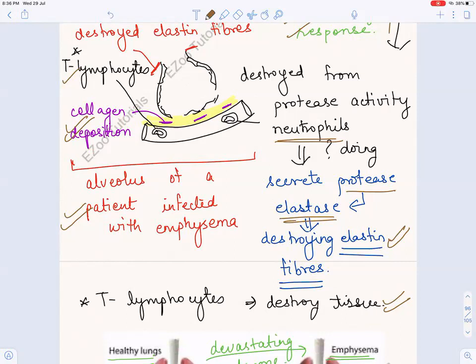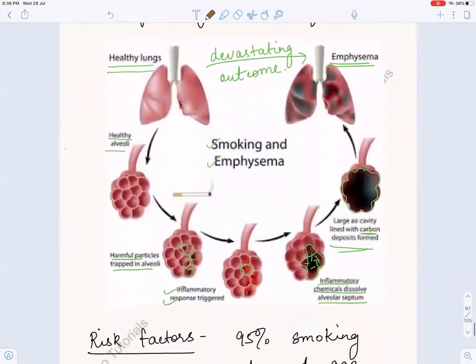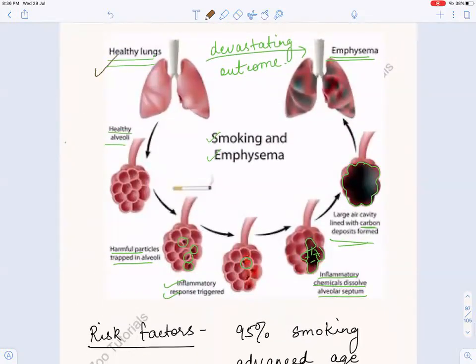Now then we did this, what was this devastating outcome? We did this healthy lungs, and then these emphysema lungs. So basically that is what I told you, harmful particles trapped in alveoli. These are the oxidative toxins, and due to this, there is what? There is an